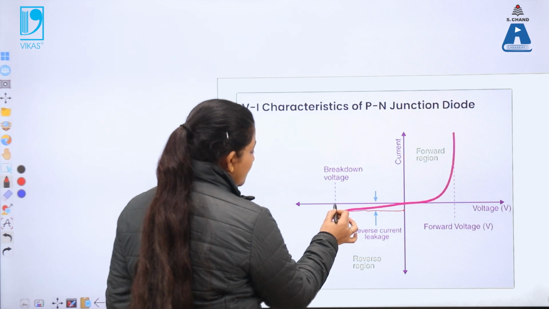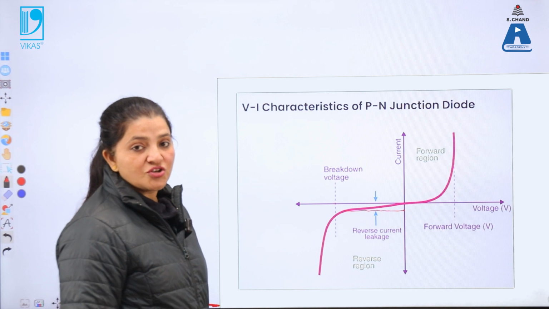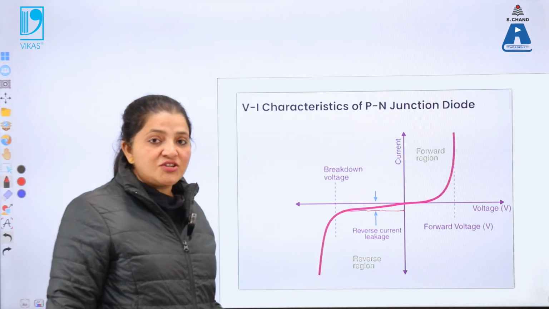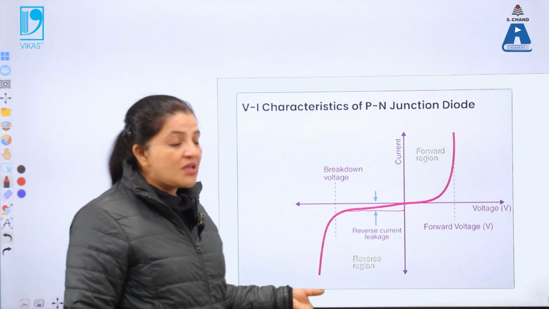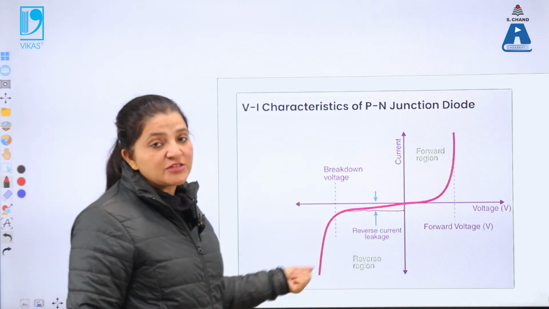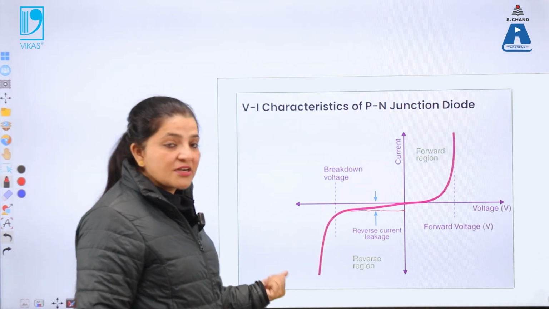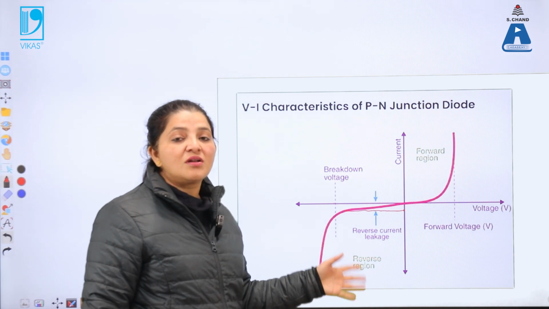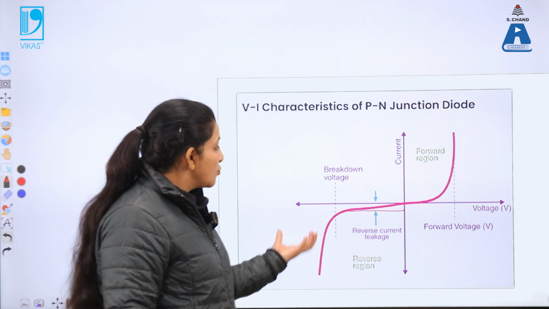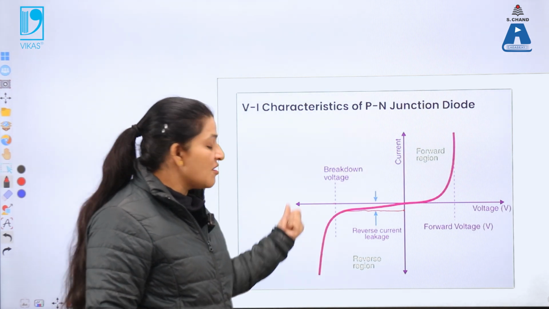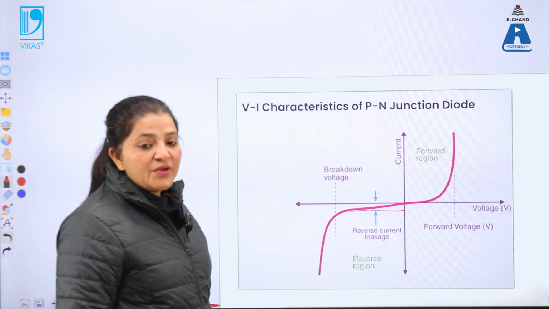So at this voltage, the current is enhanced in the reverse direction. The value of the current is very large. That is due to the movement of the ionized atoms which are present in the p type as well as in the n type. In the p type there are the acceptor ionized atoms, and in the n type there are the donor ionized atoms. Due to the presence of these atoms on both sides, the current will be enhanced to a very large value. So this is known as the IV characteristics of a p-n junction diode.